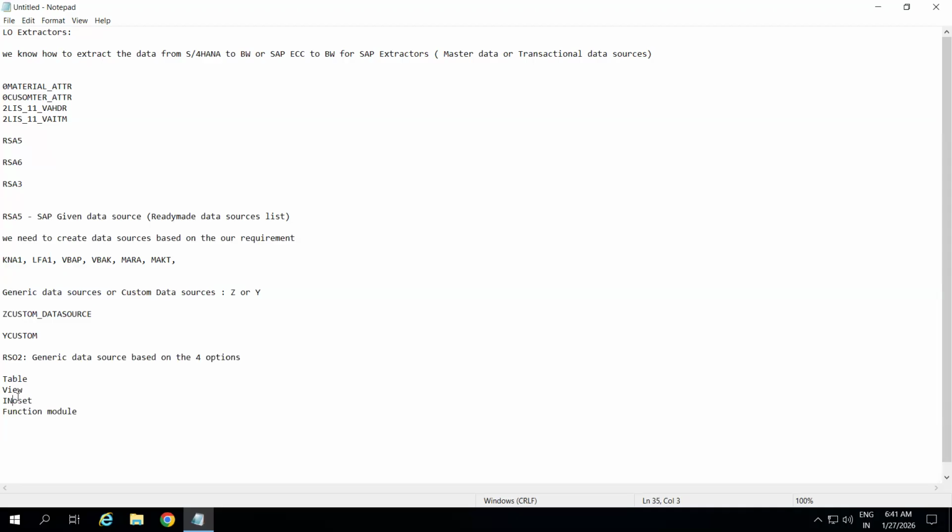For every interview, they will ask you this: how will you create a custom data source? At least, have you been involved in the creation of a generic data source? They will mention sometimes generic data source or custom data source, so you need to be familiar with both. Then you can say, yes, I have been involved in the creation of generic data sources by using T-code